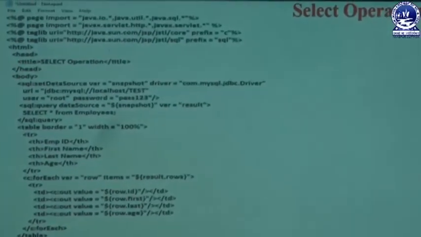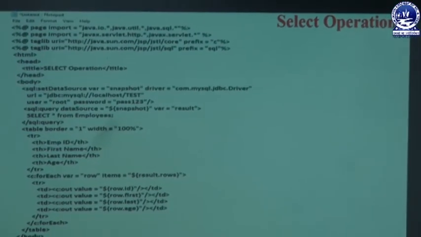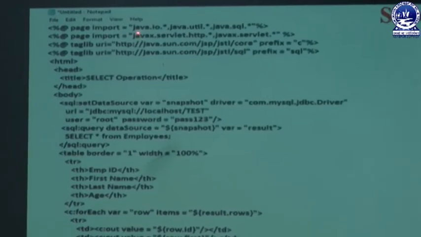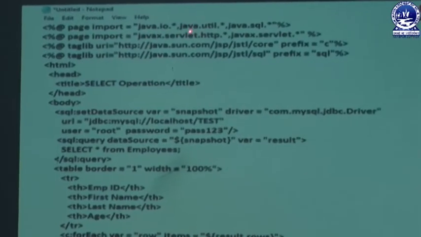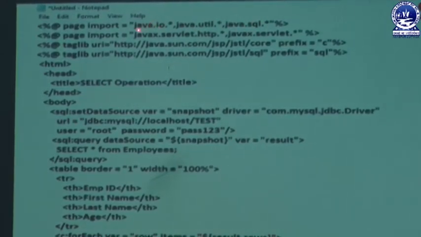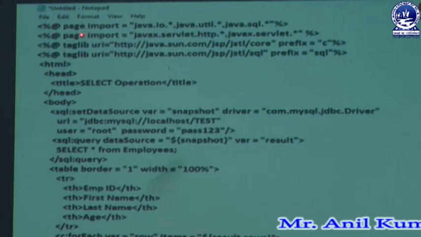Here we have written a specific program: %page import with java.io, the util package and the SQL package. A number of packages can be imported in this section, as already learned in the previous topic.